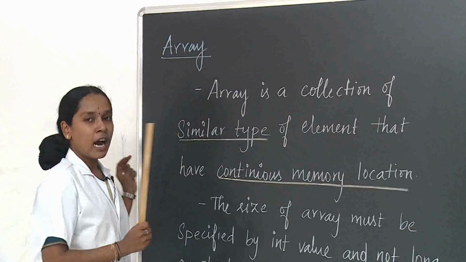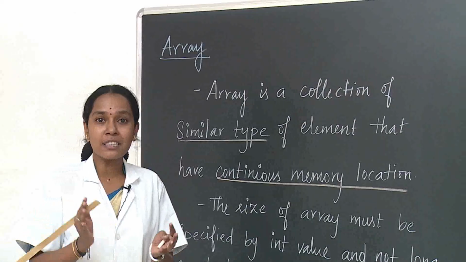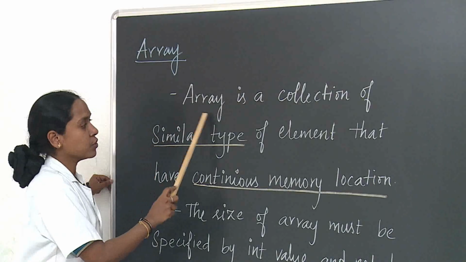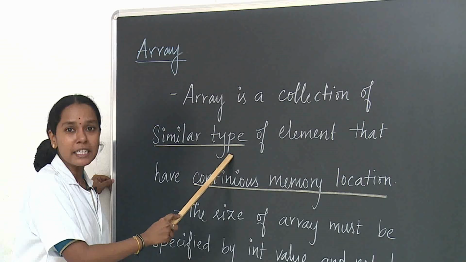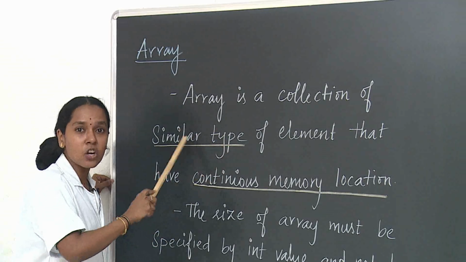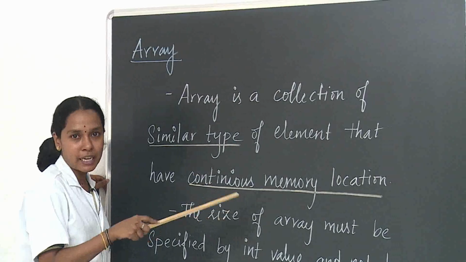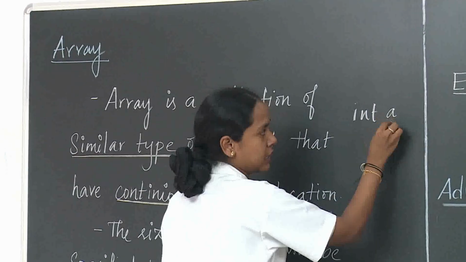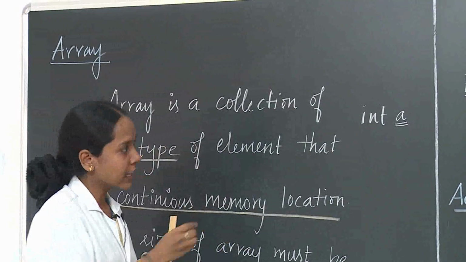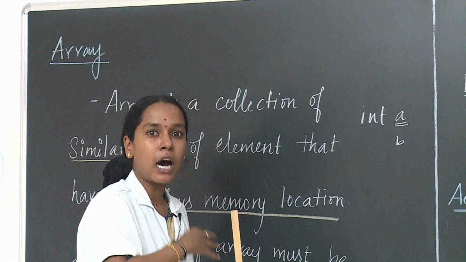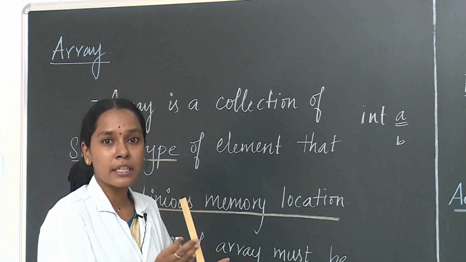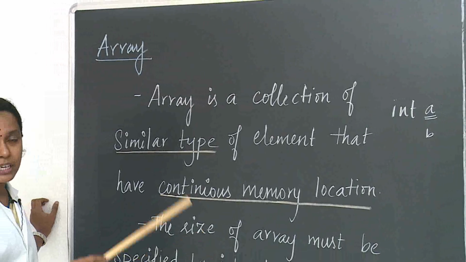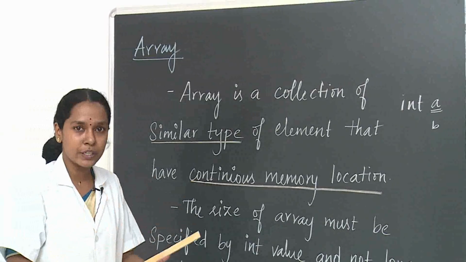Next topic is array. Array is defined as we are going to store similar data types in a single collection, that is called an array. So we are going to store similar data type elements in a single collection, and they are all stored as a continuous memory allocation. If I store int A, it will allocate some memory for A, okay, but if I store int B it will allocate another memory, that is not continuous, but in an array it will store as continuous memory allocation. For that purpose only we are moving to an array.